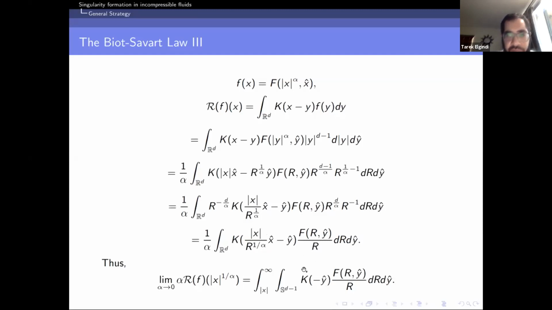Otherwise, it converges just to that, right? So then the argument here either goes to infinity, or this thing goes to 0, right? So if it goes to 0, you get this. If it goes to infinity, k is negative homogeneous, so this will go to 0, right? So you just have this very nice formula,